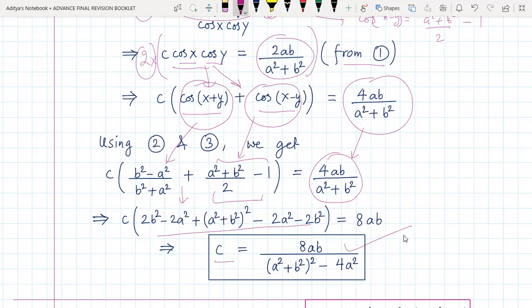Okay, so I really hope you must have found this question easy, because there weren't many manipulations, and I'm also hopeful that you all were able to solve it yourself before even having a look at the solution, because I don't think this was very tricky or very difficult to think of.